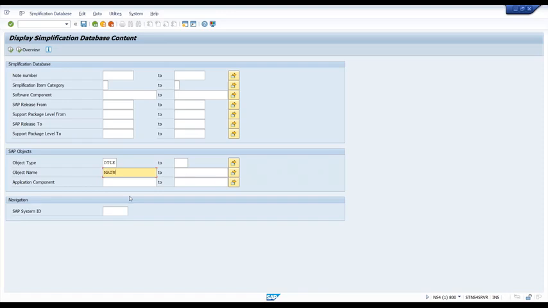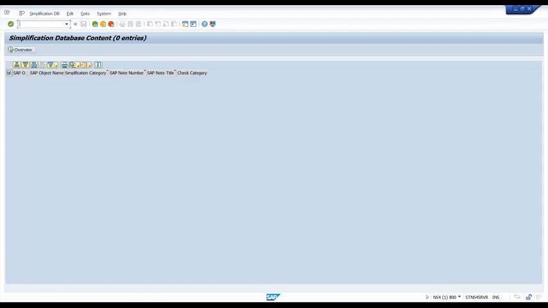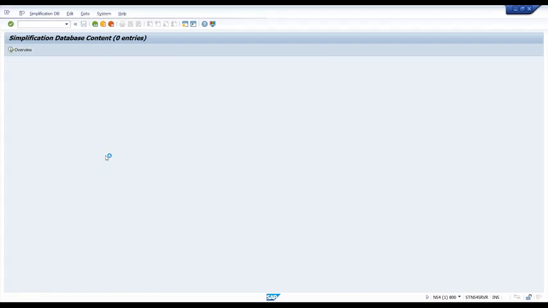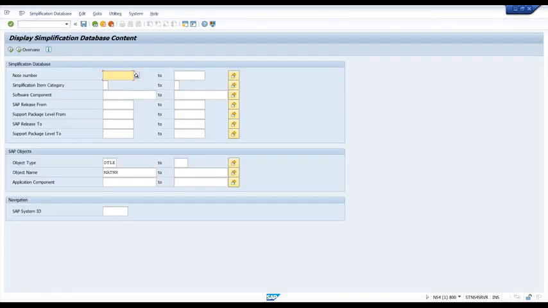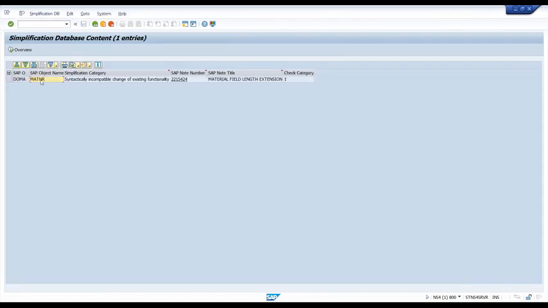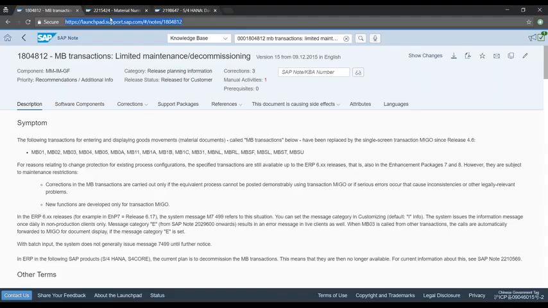And now I'll search for the so-called MATNR data element, so popular in the market, and I just say execute. Oops. I think it's not DTLE exactly. It's domain. Material number domain. Syntactically incompatible change, guys. Then you can see the note number. So 2215424, I've already opened this note number.